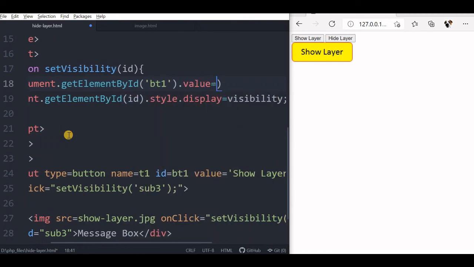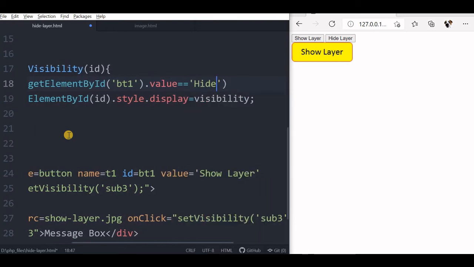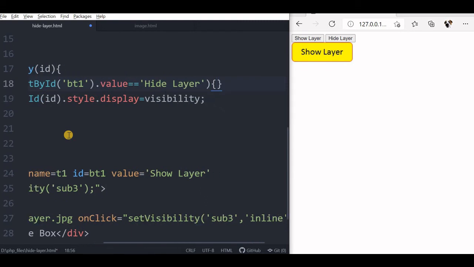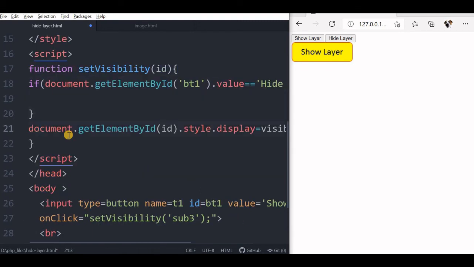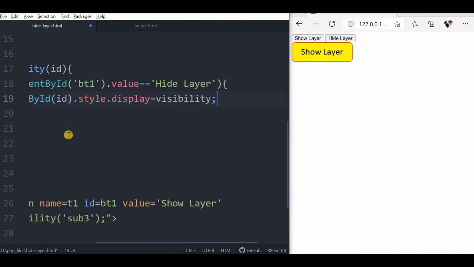I am reading that, and comparing it with hide layer. Then let's write this. Now let's copy this part here, paste it here. I will say style.display is none.